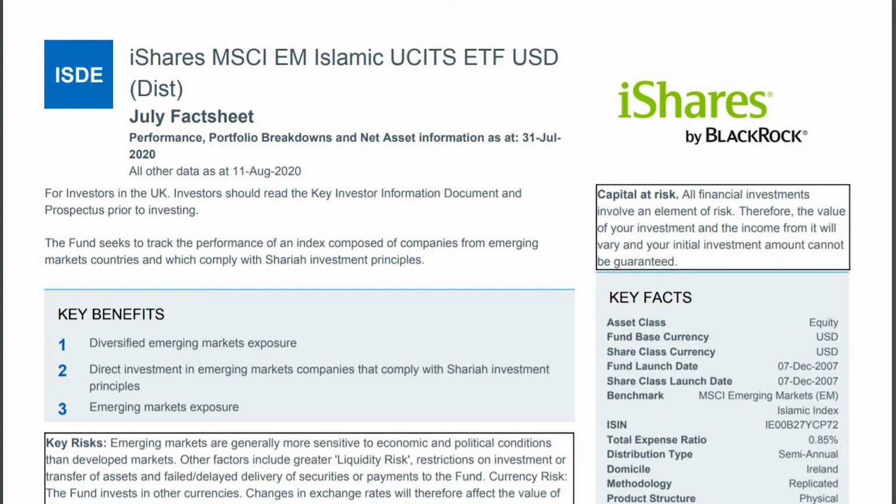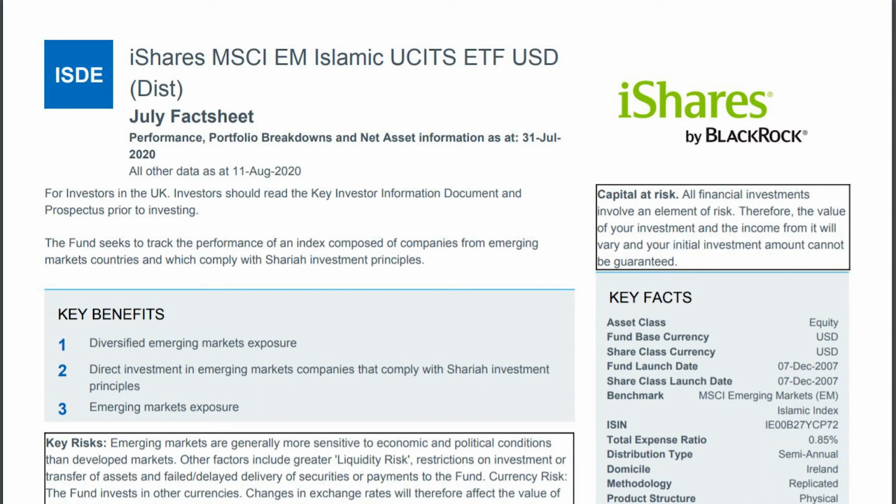The next ETF that we'll be looking into is the ISDE. This ETF is also provided by BlackRock. It is the iShares MSCI Emerging Market Islamic ETF. Looking at the key benefits of this ETF, it provides direct investment in emerging market companies that comply with Sharia investment principles. As we look at the key facts about the ETF, we can see that the base currency here